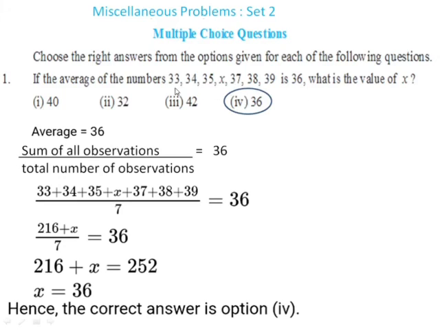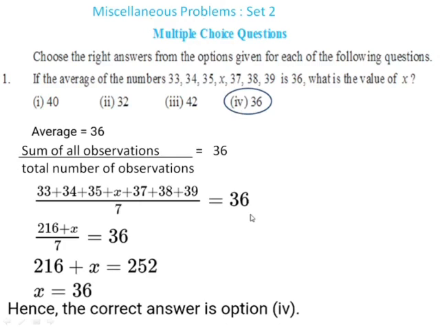Now children, it is given that the average of these numbers is 36. Among these numbers, one number is unknown. You have to find this unknown number. According to the given condition, the average of these numbers is 36. That is, if we add all these numbers and divide by the total number of numbers, we will get 36. That is, the sum of all observations upon the total number of observations is 36. The sum of all observations is 33 plus 34 plus 35 plus x plus 37 plus 38 plus 39, upon 7,